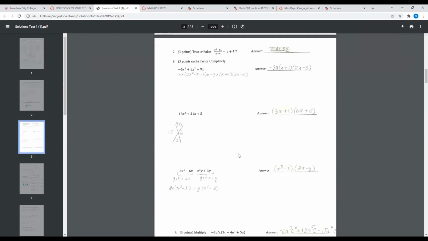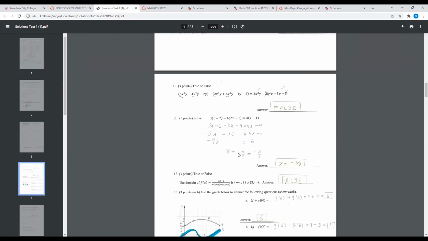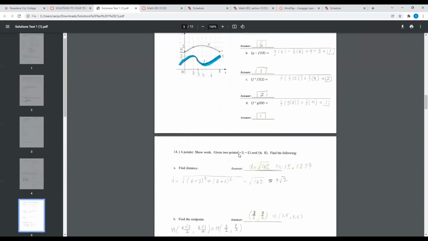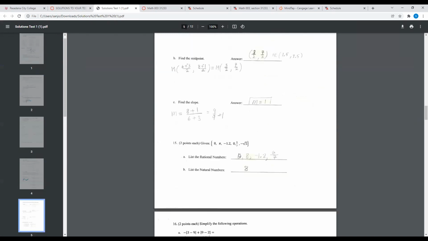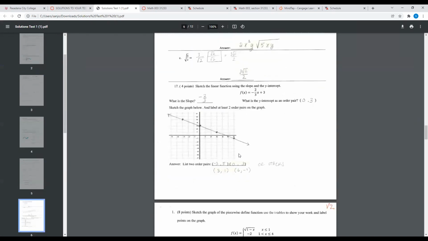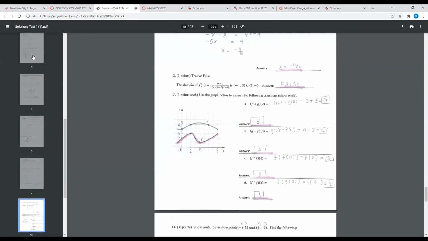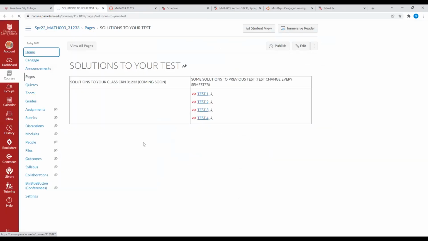And you've got to show work. So this is a copy of one of the solutions to a test. Okay, so now let me go ahead and move on.